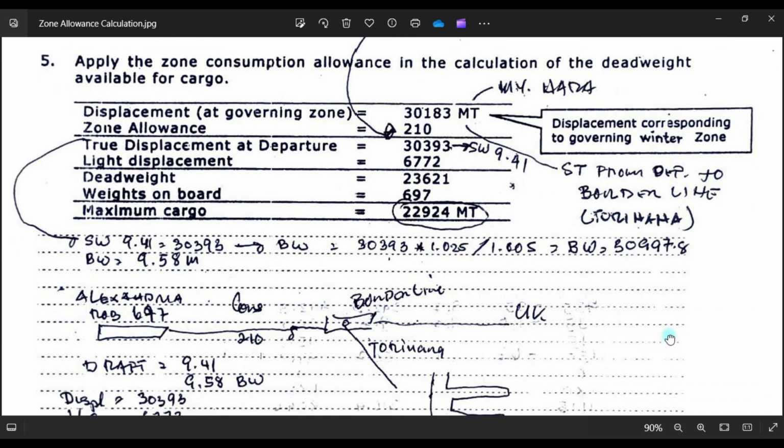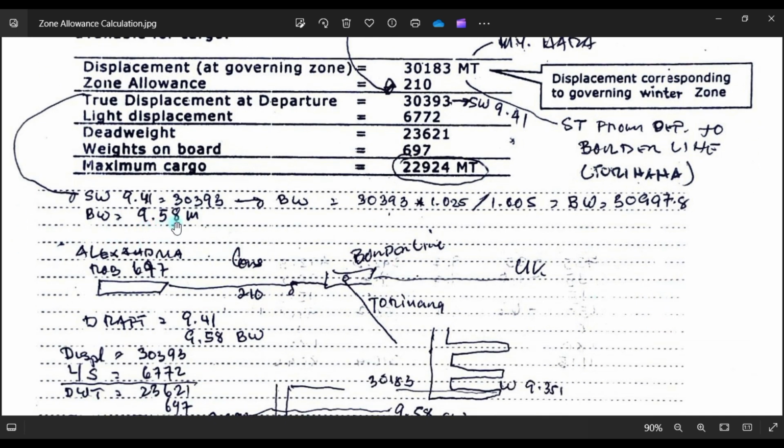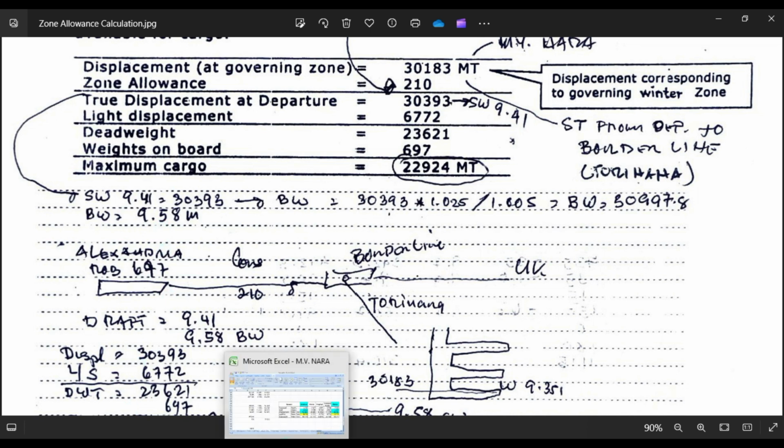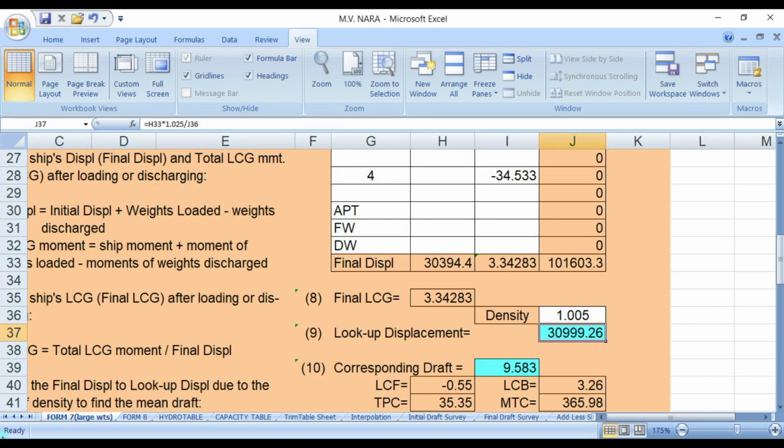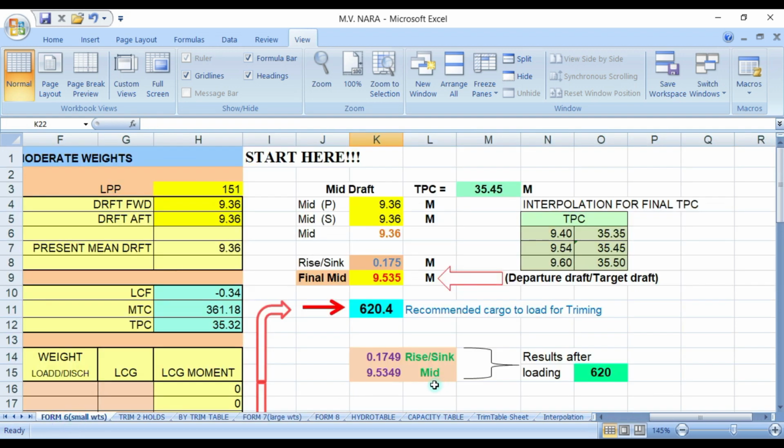So let's see, the departure drop is 9.58, brackish water 9.58. I'm sorry, yes, 9.58. Departure drop is 9.58.